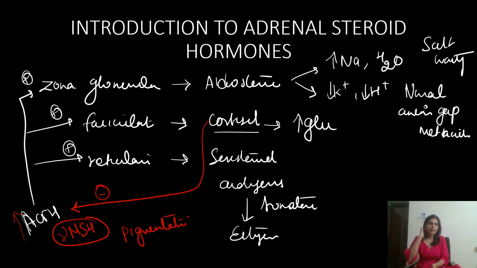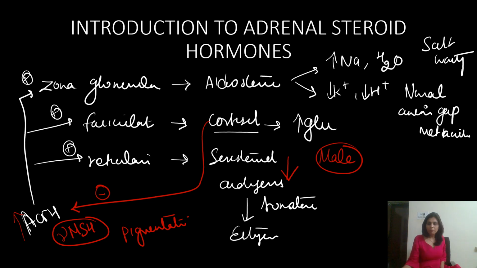Okay. Now what happens when sex steroid synthesis is affected? When sex steroid synthesis is affected, depending upon whether it's a male child or a female child, presentation would differ. When sex steroid production is decreased in a male, what do you expect? If it's a male, you know by default every fetus develops as a female. We know that, right? By default every fetus develops as a female. And only when you specify a fetus with androgens, there will be virilization.